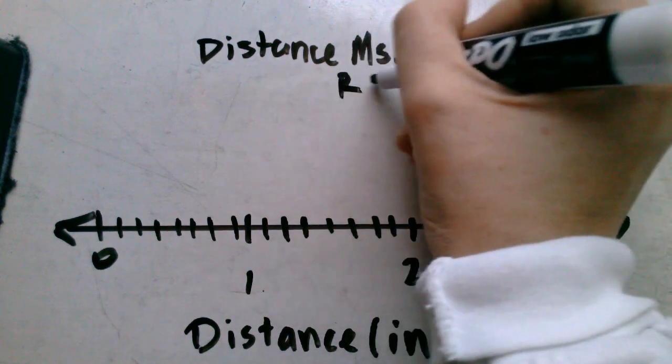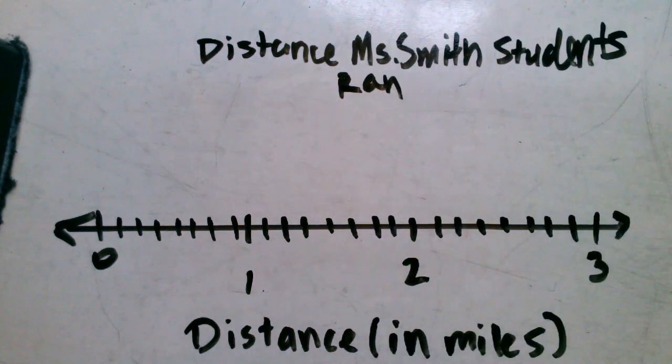You got to go to the second line. It's okay if you don't have to. Ran. So now we have a title and we have a label for our dot plot. Now we need to add the actual information onto the graph using the information that we were given in the